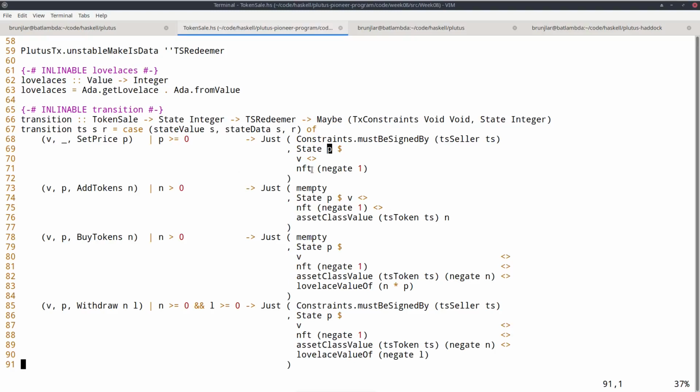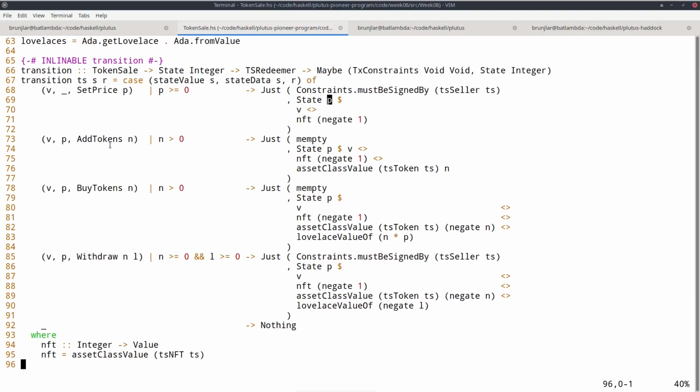But on the right-hand side, it's not supposed to contain the NFT. So therefore, even though what I want to say is that the value doesn't change, I have to subtract the NFT here on the right-hand side, because the library for whatever reason adds it again. So I think this is not an ideal design, but it's what it is. So also in the other cases, I always subtract this NFT on the right-hand side, because then the library will add it again. So the point is the NFT is supposed to stay in the contract forever.